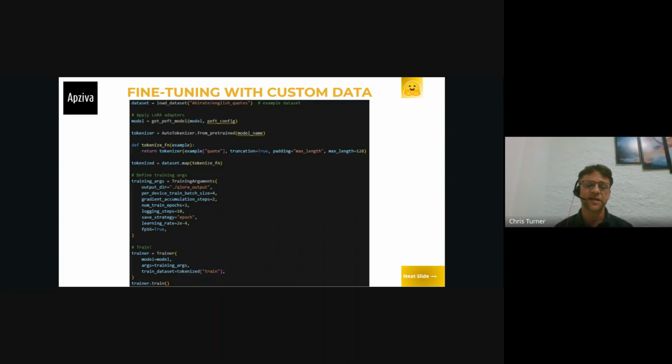And then logging steps. This controls how often it's going to log data to the console while it's doing its training. And then we have save strategy epoch. This is going to save all of the data and metadata for every epoch of training. If you set this to epoch, you can set this to different values. So maybe you want it to only save the training every 5 epochs or 10 epochs, and that can help you if you're running out of memory and space on your computer.